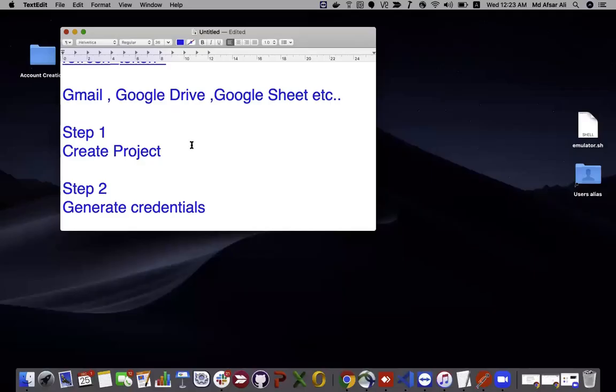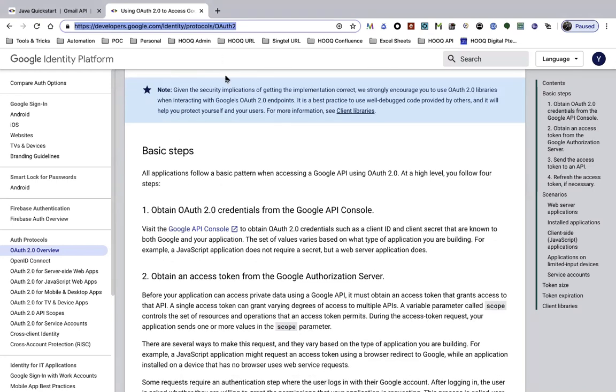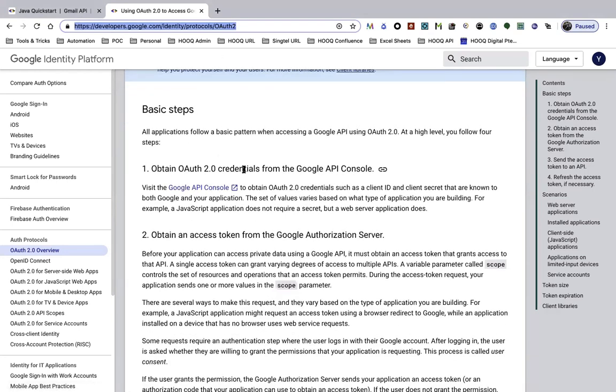Okay, so now the first step is to create a project. So to create the project, just go to the same URL, this URL. I'll be giving this URL in the description as well. And in here, in step one, first visit Google API console. Just follow this documentation as well. And go to